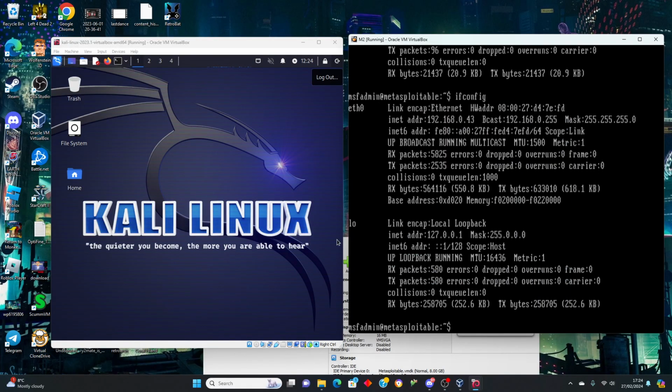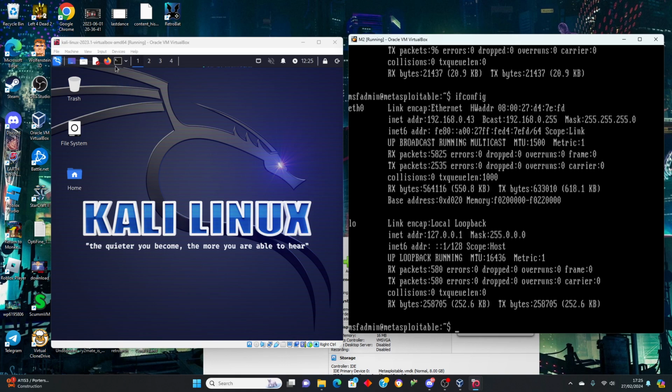Hi guys, so today I will be showing you how to use Metasploit and hack into a server. Metasploit is a set of tools, or I should say exploits, that exist. I'm using Kali Linux, which has the Metasploit module in it. And on the right hand side, we've got Metasploitable, which is a test environment that you can run your exploits against. And today we'll be running our exploit against the server